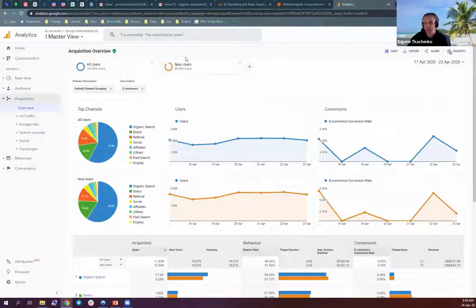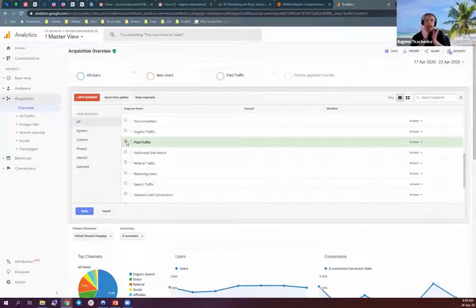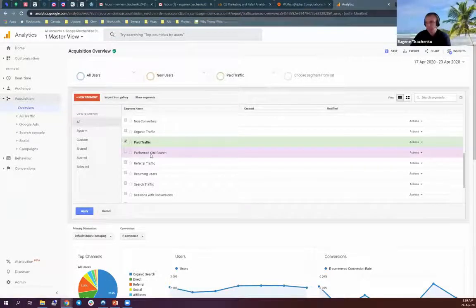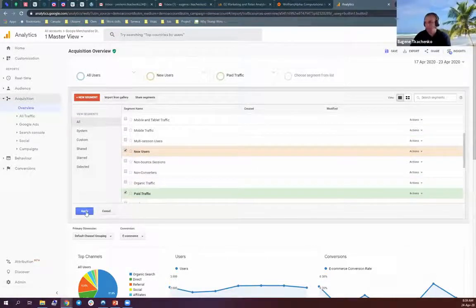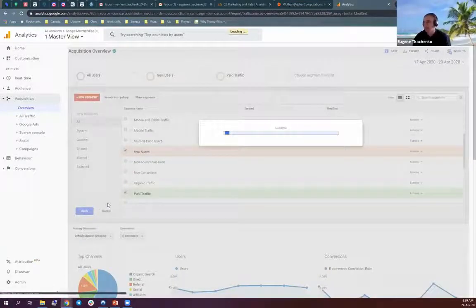99.5% is actually a good result. But what if we are dealing with something different? So for example, we are interested in seeing the number of people who came organically to our website versus the number of people who came from the paid media. And at the same time, can be new users or another group of users.